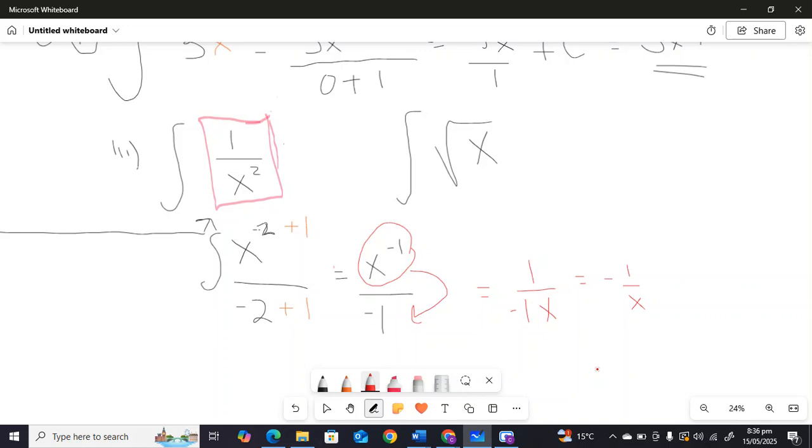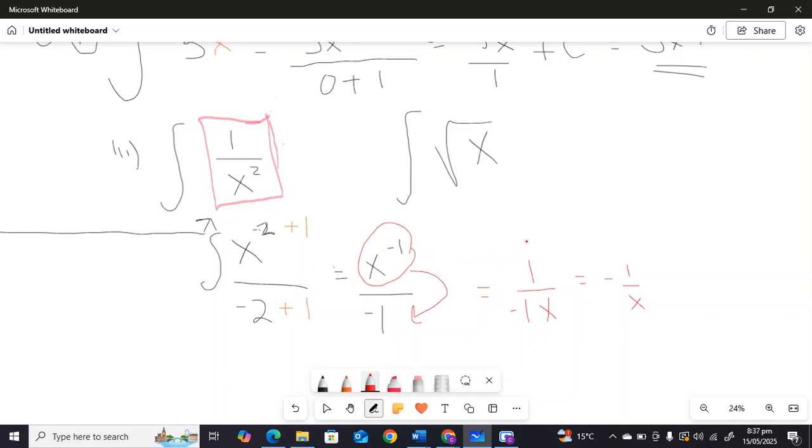Let me repeat myself. Once you've reached your final answer, never leave it with a negative power. Never leave your answers with negative powers. If you leave it like this, you'll be marked correct, but if you see in most maths textbooks and everywhere, you never leave an answer in negative powers. So this x to the power negative 1,